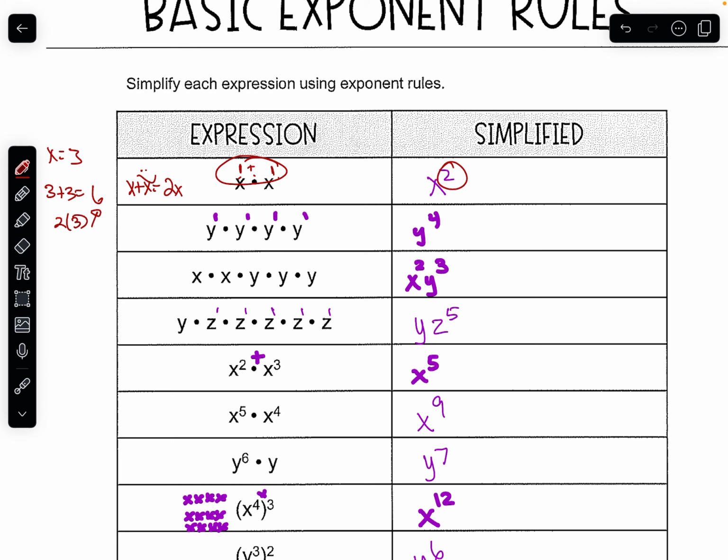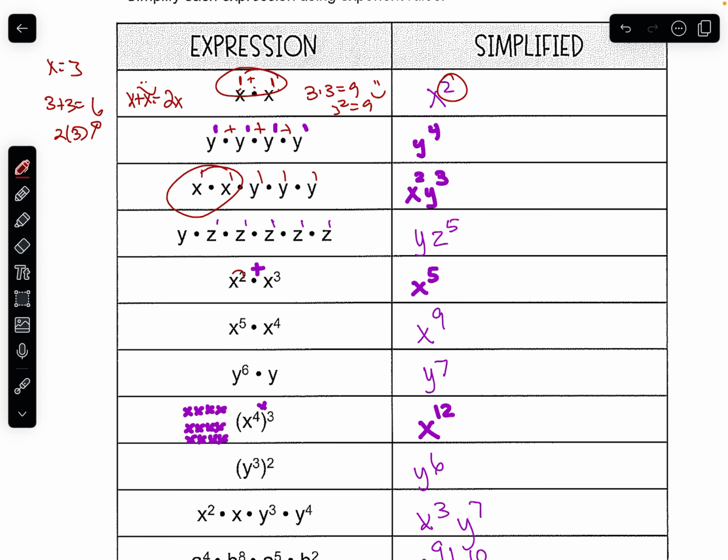And on this side, if I do 3 times 3, that's 9. And 3 squared is 9. So again, we know this concept is correct. So we add up our exponents. If there's no exponent there, there's at least 1. So all these are 1, and these are 1. And we do x's first because it's alphabetical, then y is second. And then when you have bigger numbers, you just add those bigger numbers. So 2 plus 3 is 5,